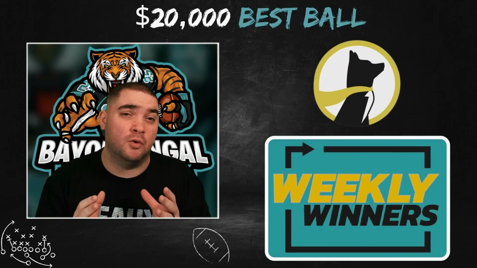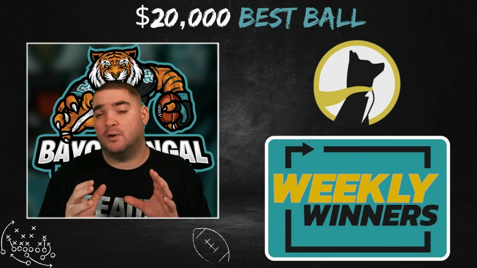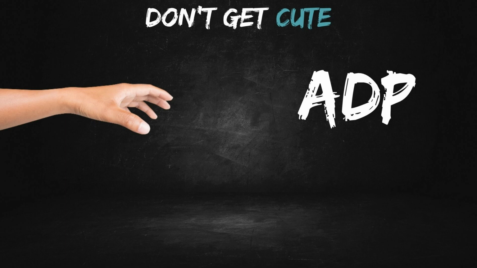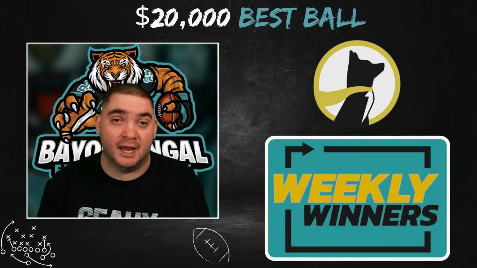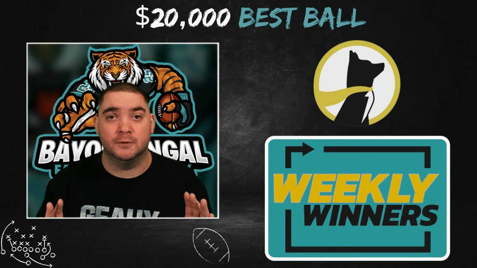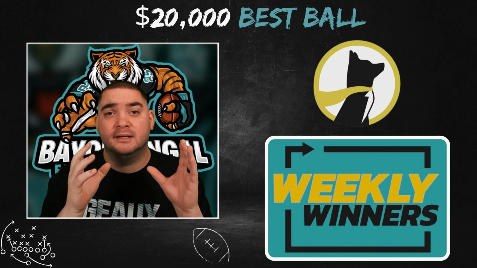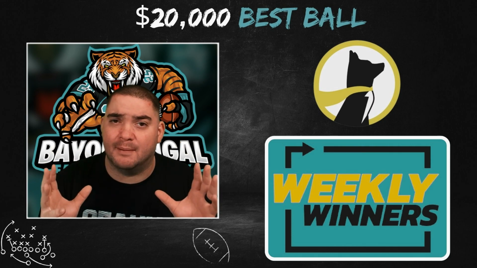So let's go ahead and go over our very first strategy that we need to talk about: let's not get cute. Look, don't get cute and don't reach on these players because, hey, look, I really like so-and-so player. I really want this guy on my team. That should not matter. You need to look at the ADP, look at how things are falling to you, and if you know you really like a player but you might be able to get him a round or 2 later, take those chances, because the ultimate goal of what you want to do is build the absolute best roster